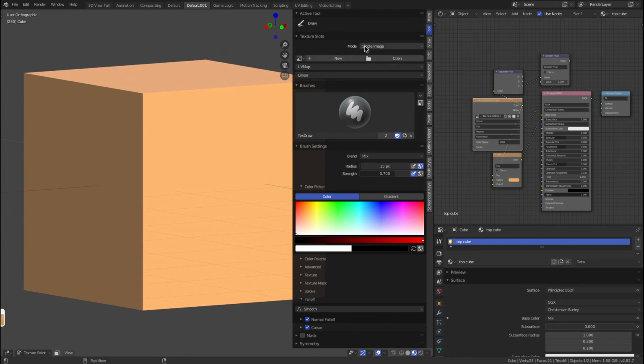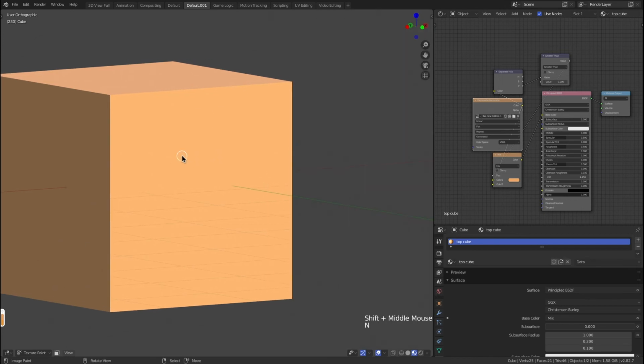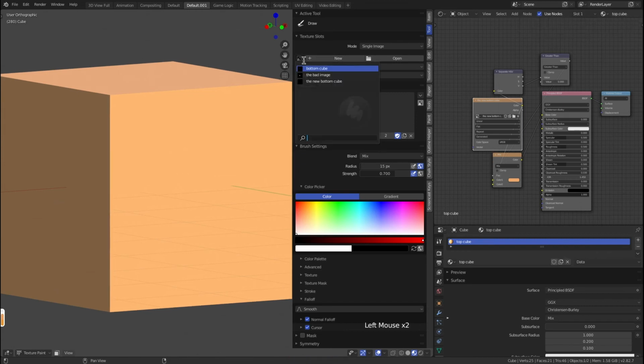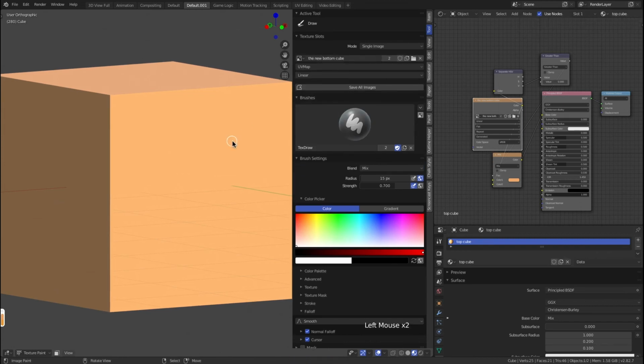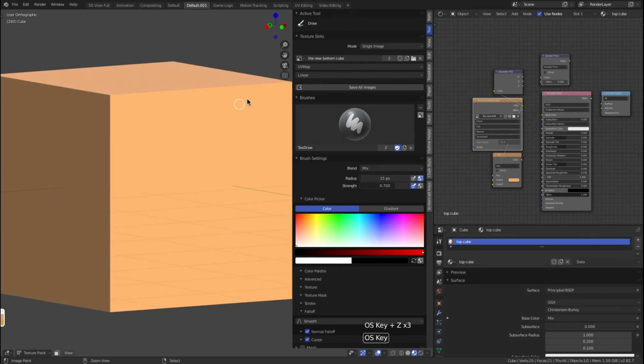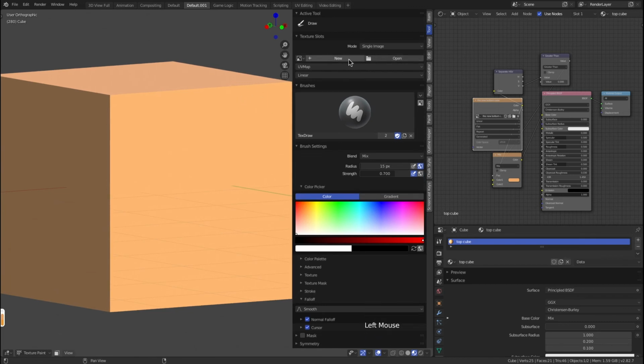So see, right now, I've got this selected, and I've got this set to single image, but if I paint, absolutely nothing will happen. This is because there is no image that's being painted on. You either need to link an image, in which case you can do that. I'm not sure what's wrong with that, but again, I'm not too concerned. Or you need to create a new image,